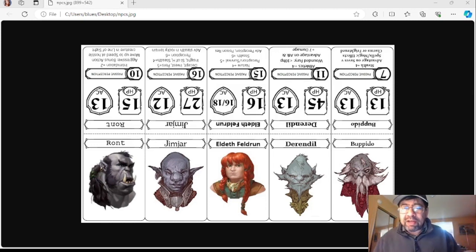Now, this book, the Out of the Abyss book, I have to be honest, it's a confusing book. This is not really a review of this material, because this book's been out for a while. But what I found really interesting right off the bat was that the first chapter or so gives you a number of NPCs that you're supposed to play.